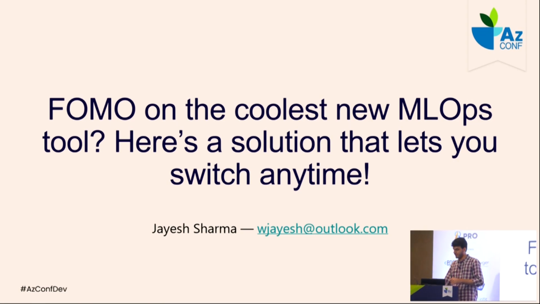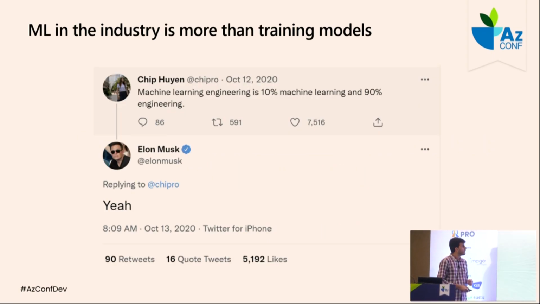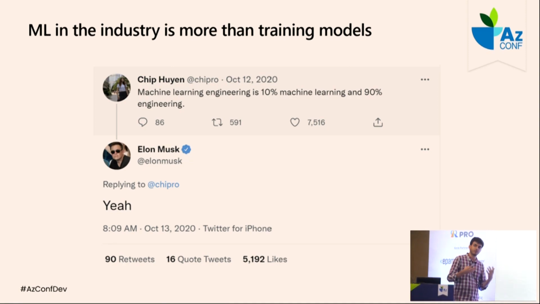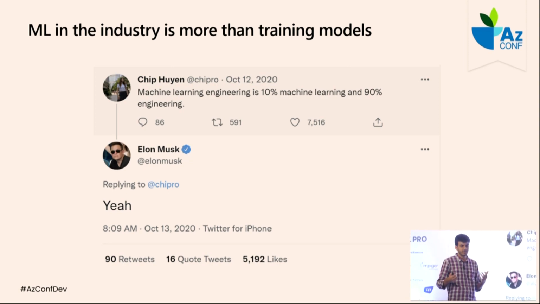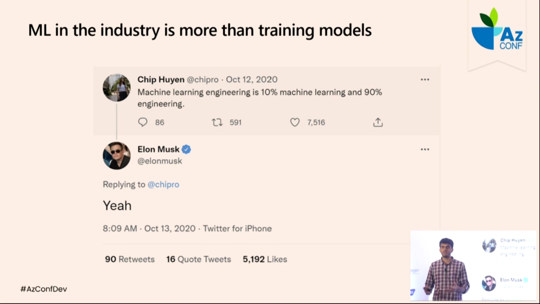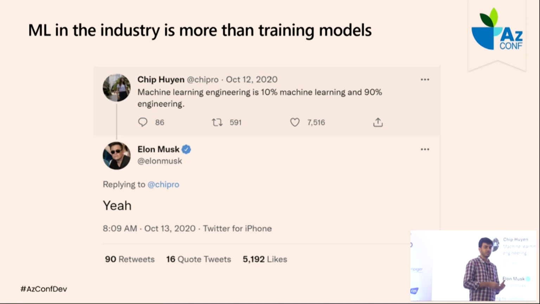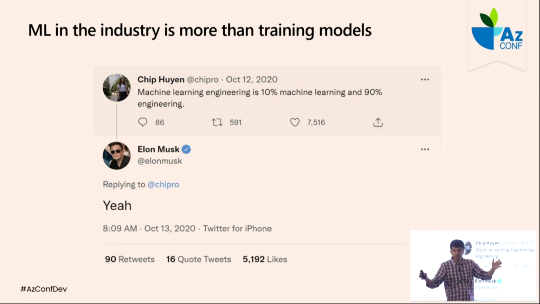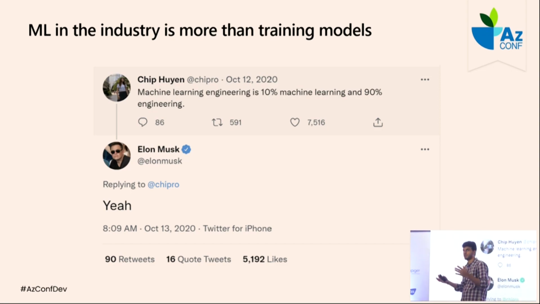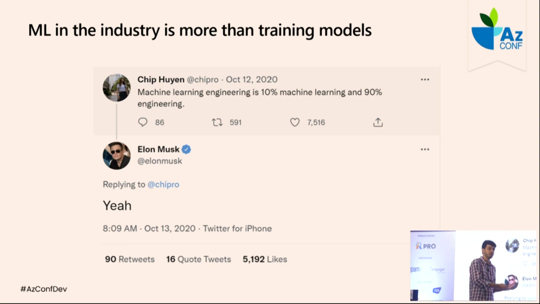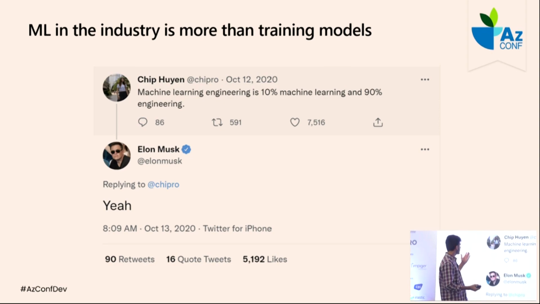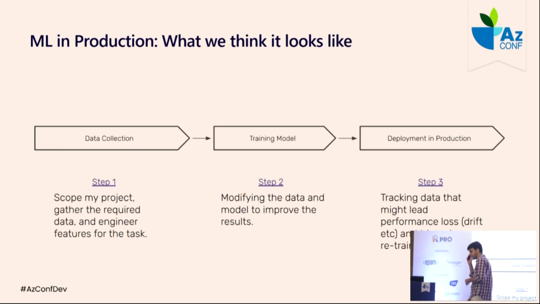So having said that, let's first move on to some context setting. Machine learning in the industry is not just about training models. A lot of times you have this perception that machine learning means I have to train this kind of model using this architecture, these hyperparameters, all that stuff. But machine learning in the industry is much more than just training. Even the previous speakers mentioned that the ML part is just a very small box, but then you have this entire ecosystem on top of that. You have maintenance, you have monitoring, then data monitoring, all of that is also part of ML in the industry. It's much different than what we see on the Jupyter notebooks that we have. Like this tweet by Chip Huyen, and Elon Musk also agrees with that. So that's just a bit of context.